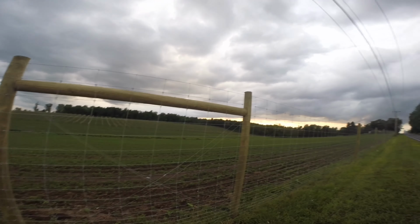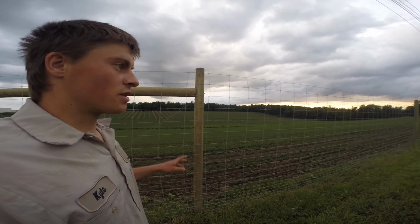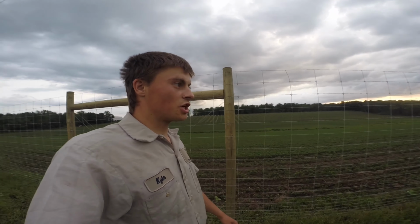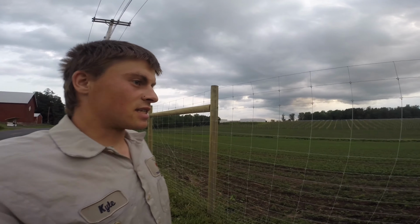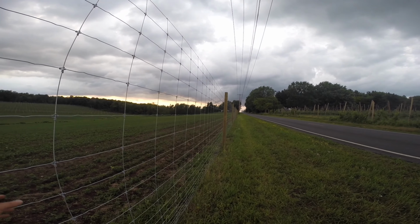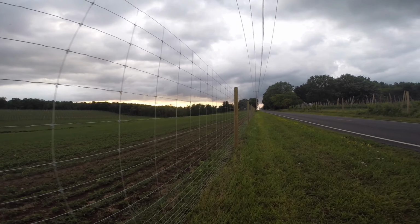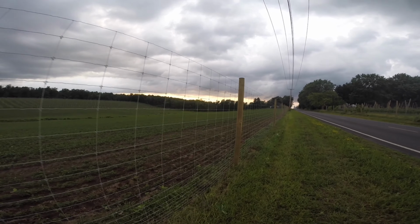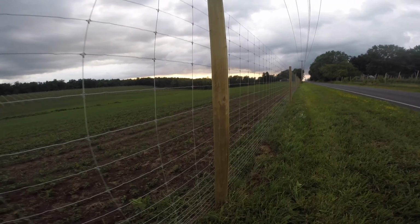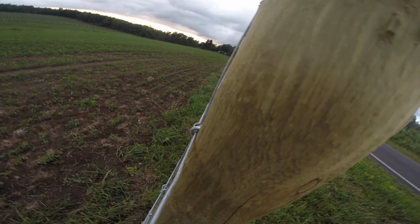So I just wanted to finish this video with, we're in a different field location, but I wanted to show you some final product of some fence that they did this year already, and see what it looks like. So this is a fence strung. We have a machine that helps pull this fence really tight. They're doing a great job getting it nice and tight, and they staple on the post every other wire. So you can see the staple there,